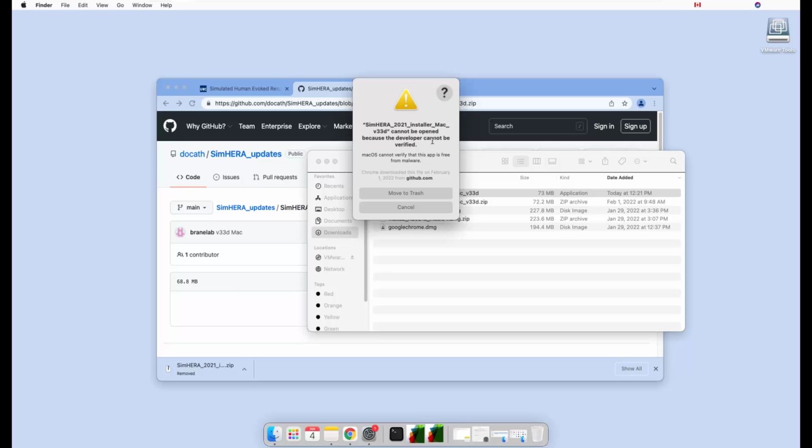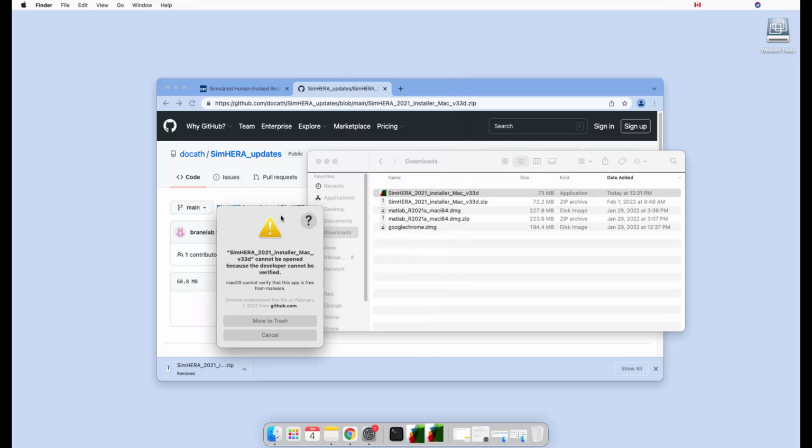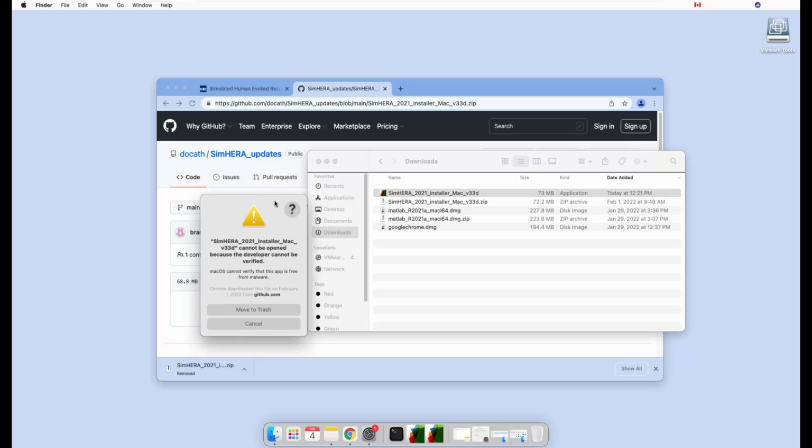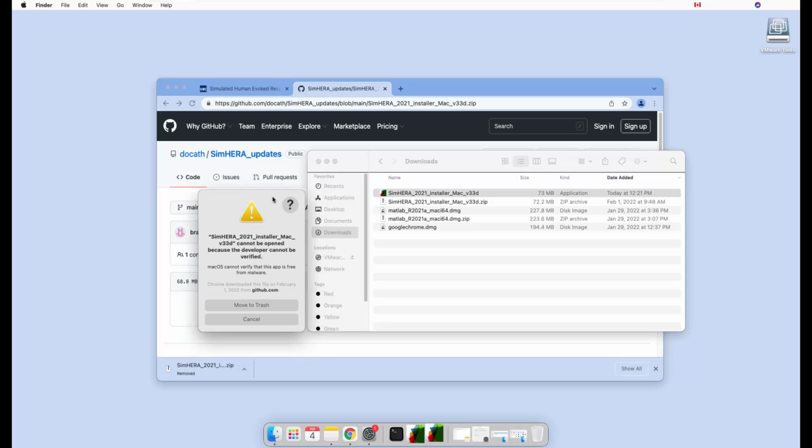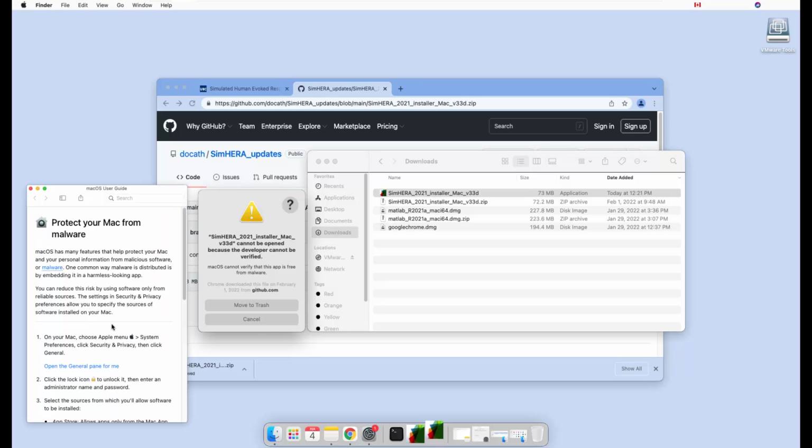Next step, go ahead and click on the installer and you'll find that it comes up maybe with an error saying it cannot be opened because the developer cannot be verified. This is a security setting in Mac to reduce the occurrence of users potentially downloading and installing malware. This is not malware, and we just need to install this by changing some settings in the security and privacy. So go to your settings